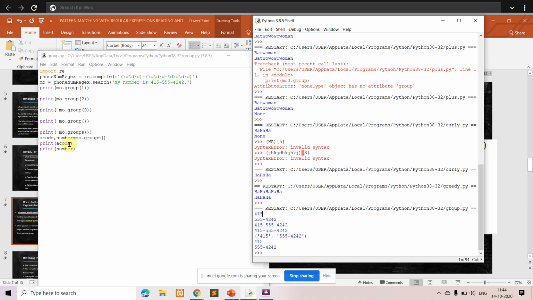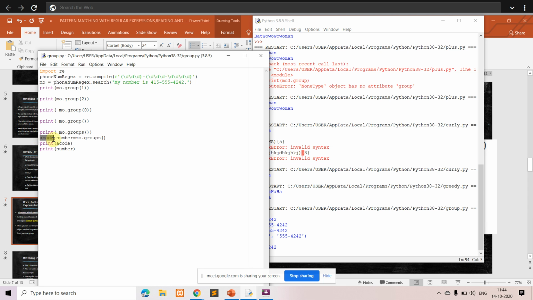And the next thing you can see here: whenever you want to display the values of a tuple, or values of a row wherein you have multiple values. In this row, one value is the area code and the next value is the phone number. So I want to display multiple values.